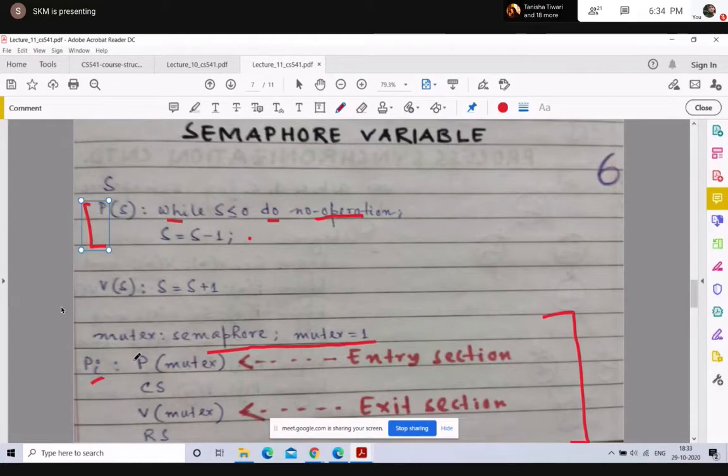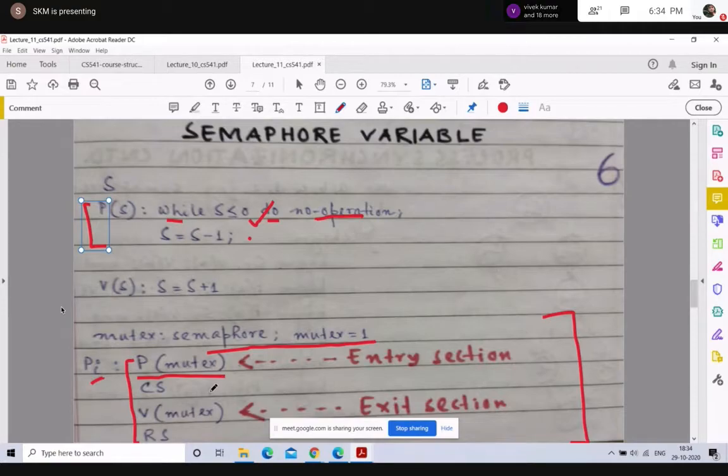The first process which executes this P mutex statement will find the value of mutex to be equal to 1. So the while loop condition is broken, and the process will enter the critical section.